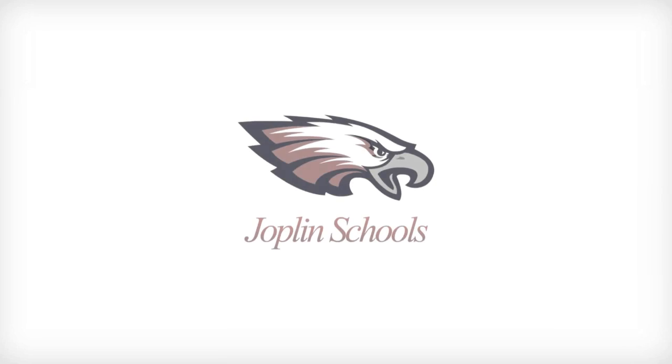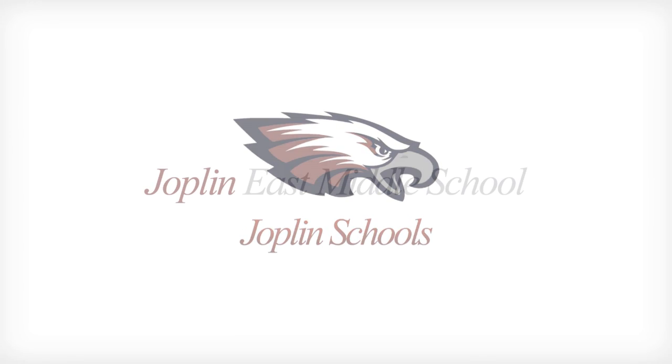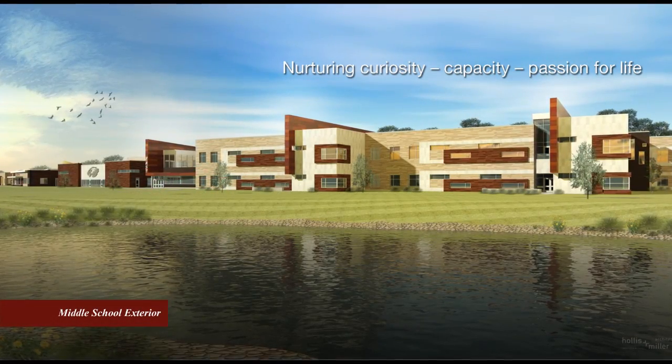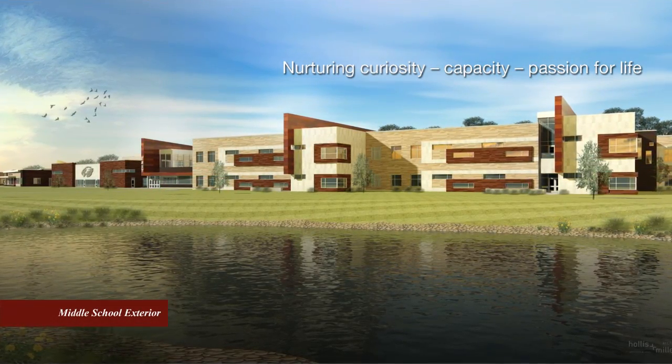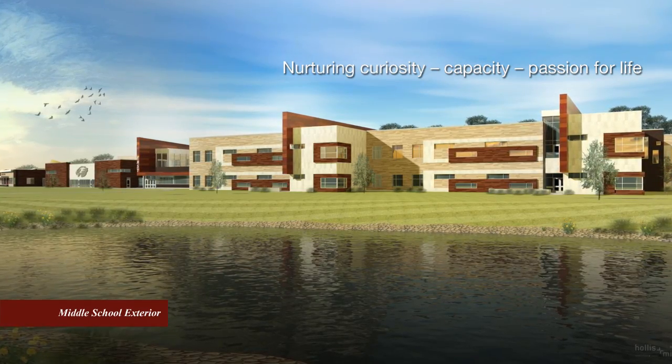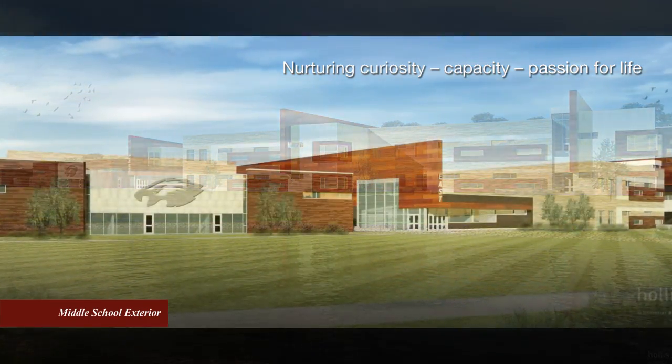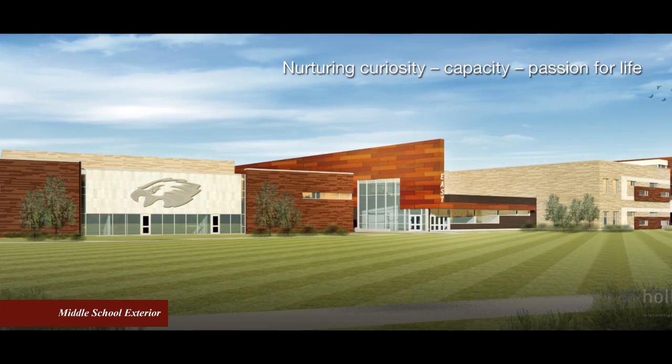I'm so pleased to welcome you to a real quick view of Joplin East Middle School and Elementary Number 2. This is the building as you're approaching it, coming east on 20th Street. You'll be seeing the middle school first. It's the larger part of the building, and then there's this section in the middle that connects the two schools